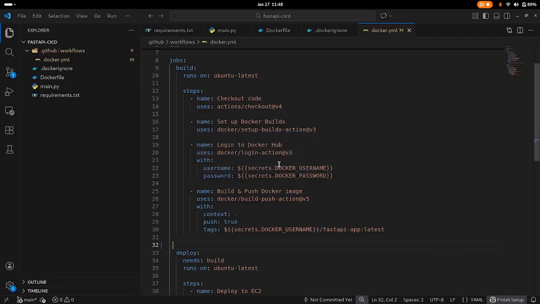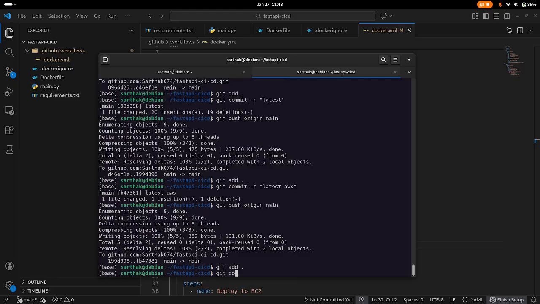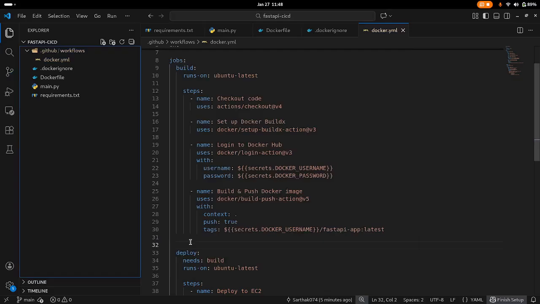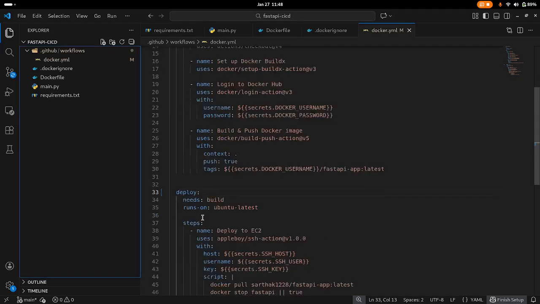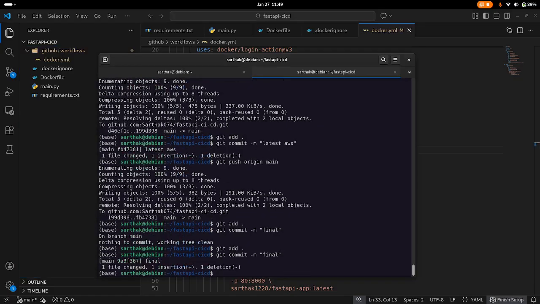Okay, so let's again go over here and let's click on git add, git commit, final. It says nothing to commit. Let's do this thing then. Now let's push it